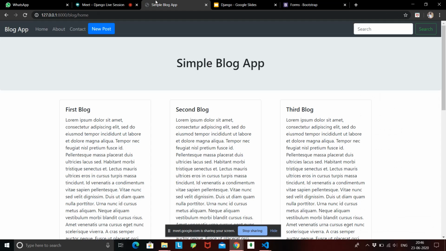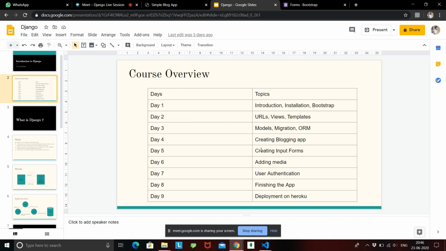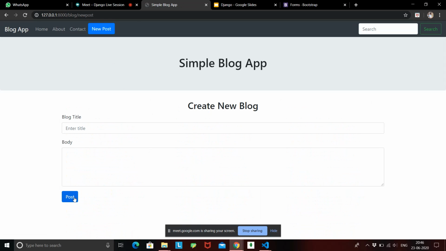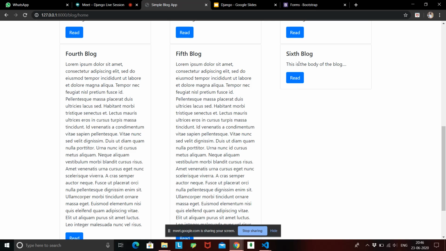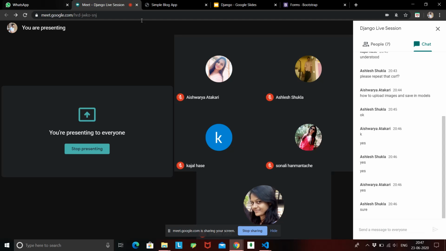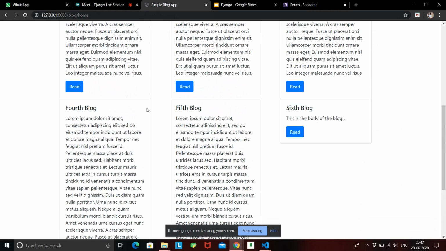So guys, that was it for today's lecture, as we have completed creating input forms. In tomorrow's lecture we'll see how we can add media to our blogs, and we can have thumbnails and pictures on our website. So before that, make sure you create this button and this simple form, and once that is posted, you should render out your new post into your home page. If you have any doubts, put them into the WhatsApp groups, and I hope everyone will complete till this stage. And we have almost completed the simple blog website in 2 lectures.